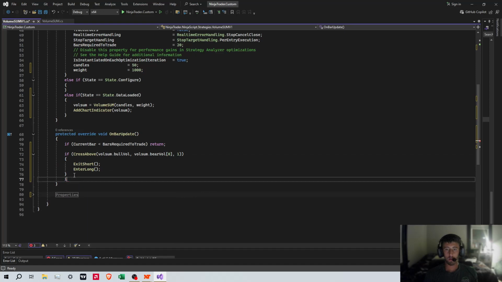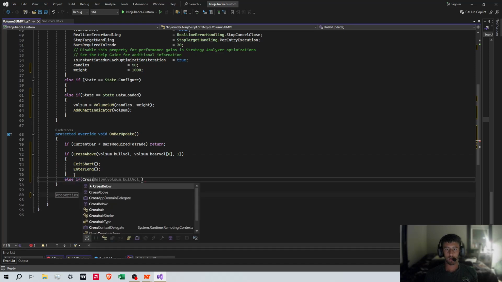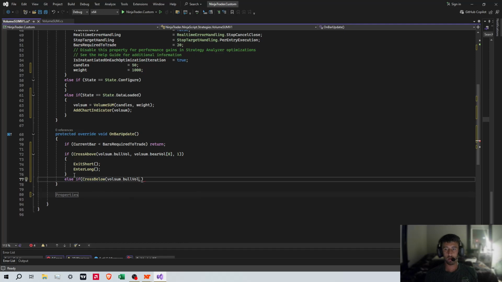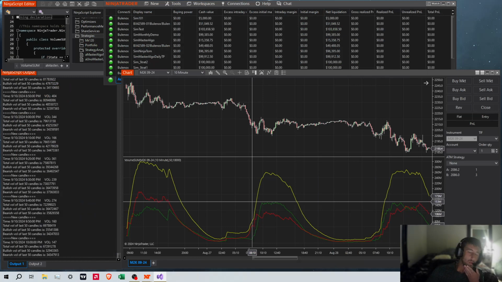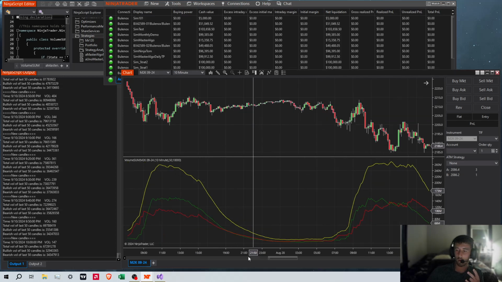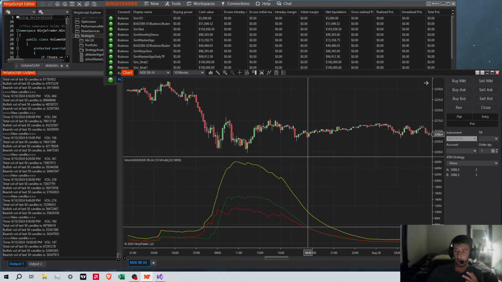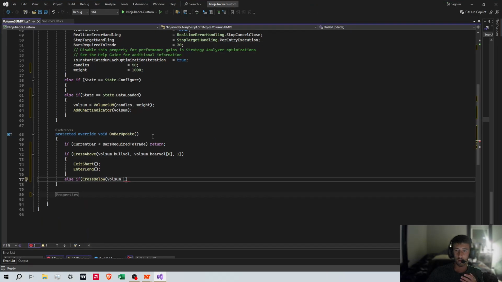Else if, cross below, if the, let's see, no, actually they're both going to be cross above. Right, I'm going to do two things. One, we don't want to buy, right? Technically the red is crossing above the green here, but we don't want to sell there. So we're going to make sure that's also rising. So cross above full volume, cross above the bear volume,